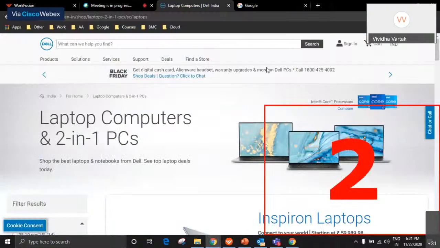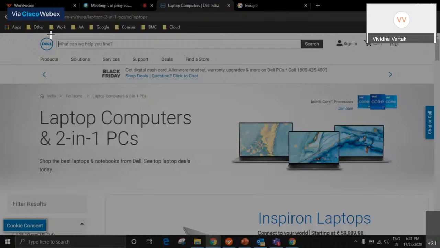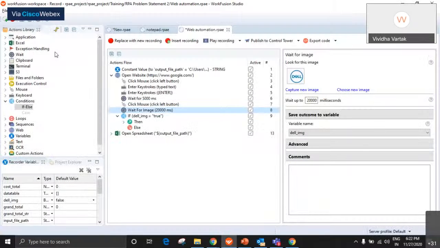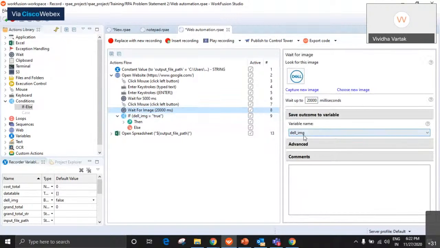Okay, so we can just capture the image again. You can put any image that you feel will be loaded after the website is completely loaded, and something that is unique to this website itself. This Dell logo will probably be unique to this website. So let's say we have captured this. After I have navigated to the Dell website, I wait for this image. And I have stored the result of this into a variable